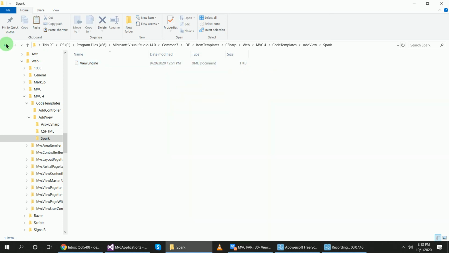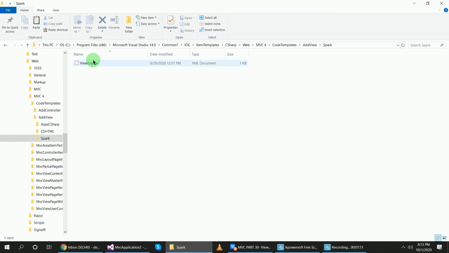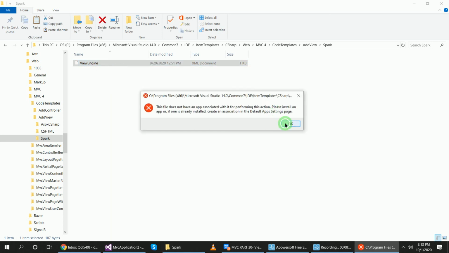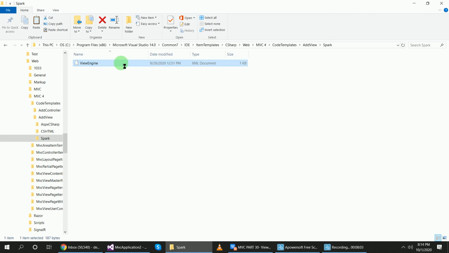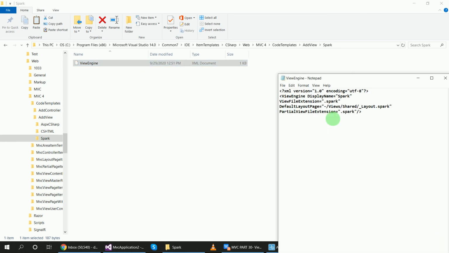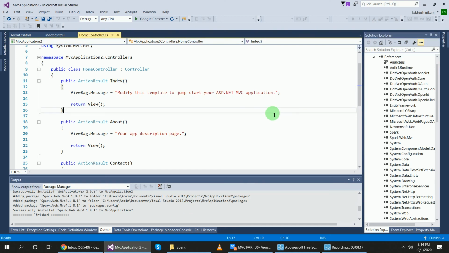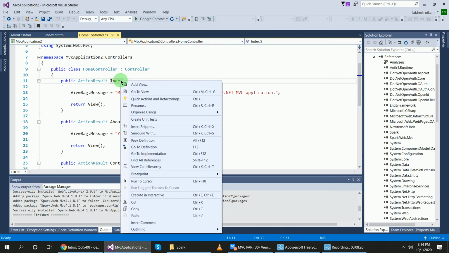So this Spark folder contains this XML file, and it is 1 KB. Let's open it with Notepad and see the contents. So these contents are now inside of this AddView folder, and now let's go and check the Index view, Add View.